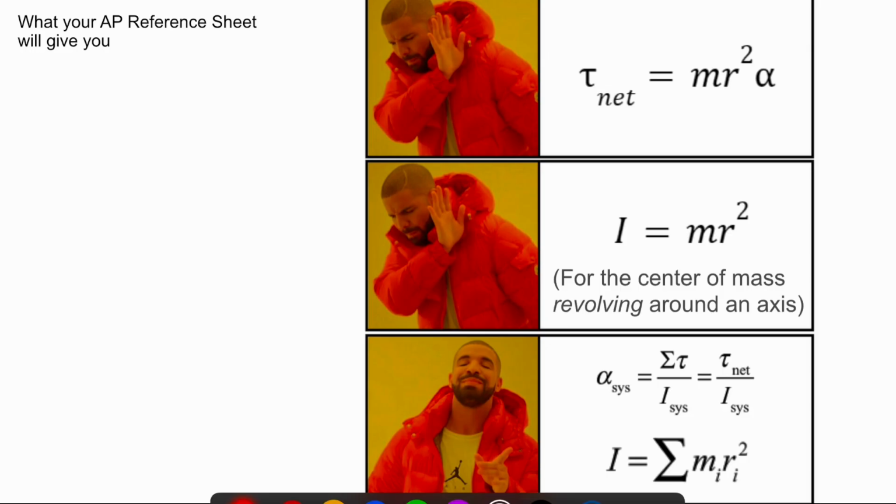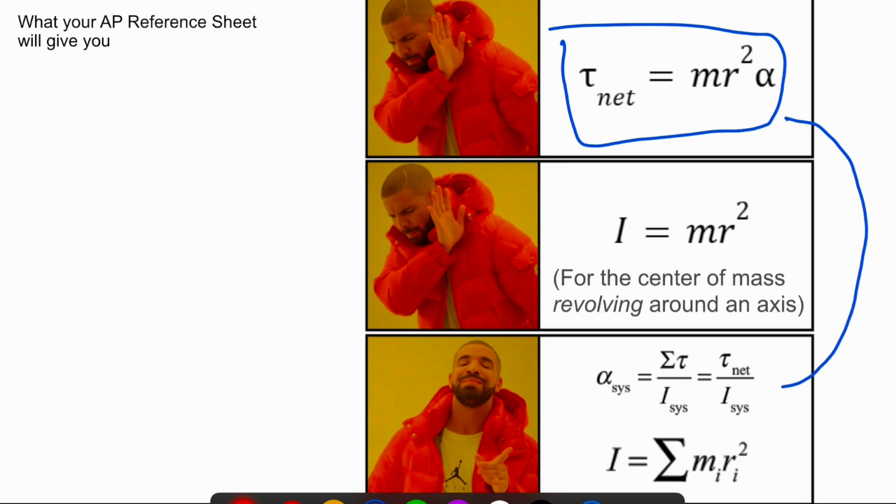He says no to this equation right here, which is how we originally talked about torque. The net torque uses mr squared times alpha, or angular acceleration, and that is not something that you are given on our table of information. However, we are given this,